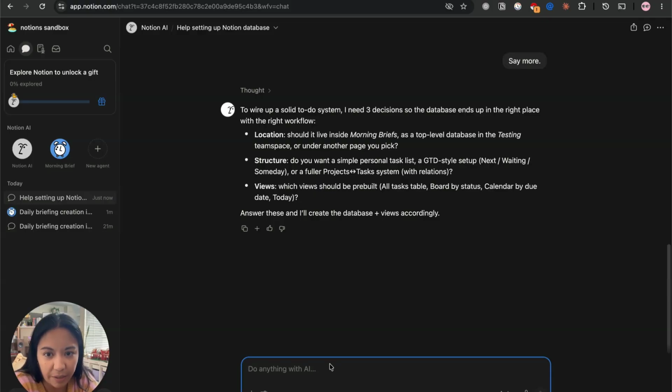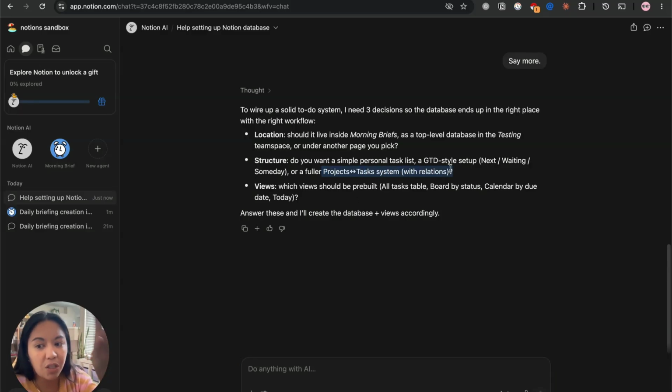Where do you want it to live? Do you want it to live inside of morning briefs? Structure: do you want a simple personal task list? Do you want it to be relational? So do you want to have projects and clients and have those tasks relate to those things? And then views is a big part of Notion, having a database and then being able to look at that database in different views with different filters, essentially. I can show you actually what that looks like in my current setup in a second, but let's just, again,